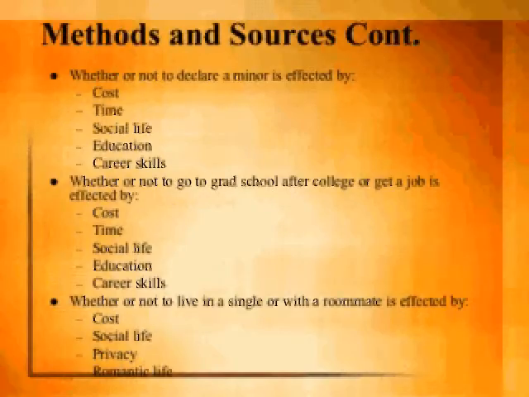The following factors are going to influence each of the decisions that Billy makes. In his decision of whether or not to declare a minor, this decision is affected by the cost of taking additional classes and buying more textbooks, the time spent studying for the class, the impact more class would have on his social life, the increase in education it would facilitate, and the increase in potential career skills. In his decision of whether or not to go to grad school after